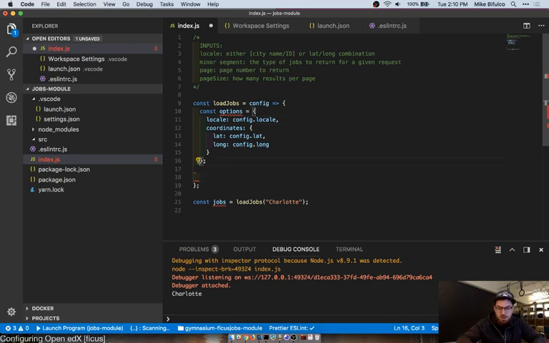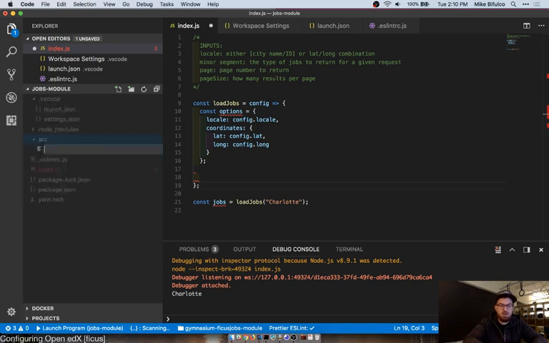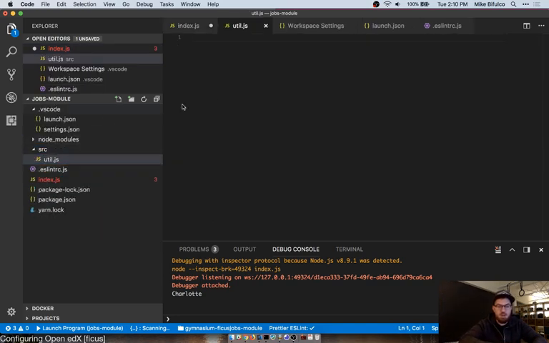So one of the things I'm going to have to do is convert this latitude and longitude to a locale. So inside of this source, I'm going to create a file called util. In util, I'm going to create a function called getLocaleFromLatLong equals.